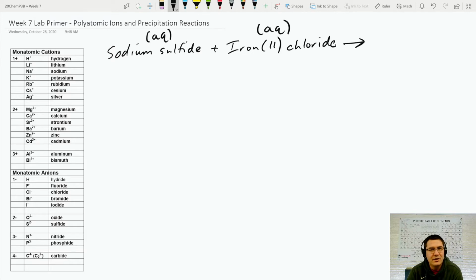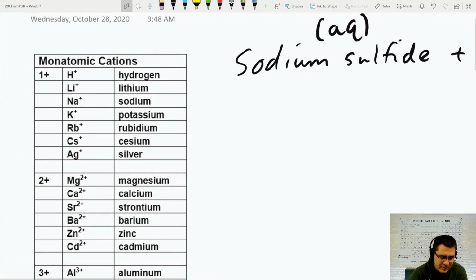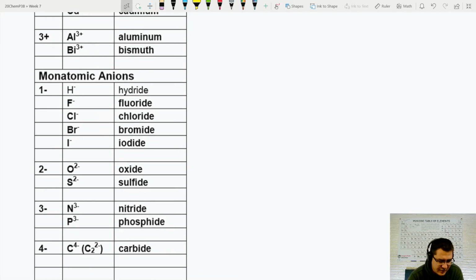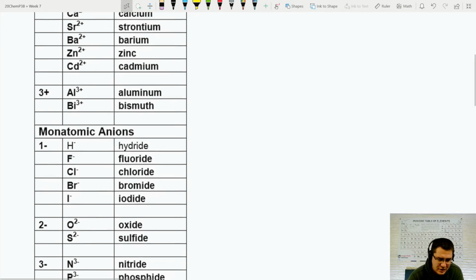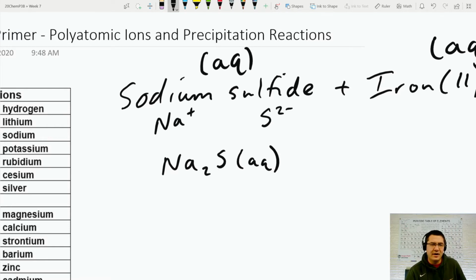Okay. So what we need to do is think through the formulas on these two solutions. Sodium sulfide: you can see I have my ion sheet listed over here on the side. Sodium, a metal, has a +1 charge, and sulfide is down here. It has a -2 charge. So if I write these out, sodium and sulfide, I would need 2 sodium ions to balance the charge of the sulfide, right? So Na2S, and I write a little aq below or beside it to show that I've dissolved it in water,